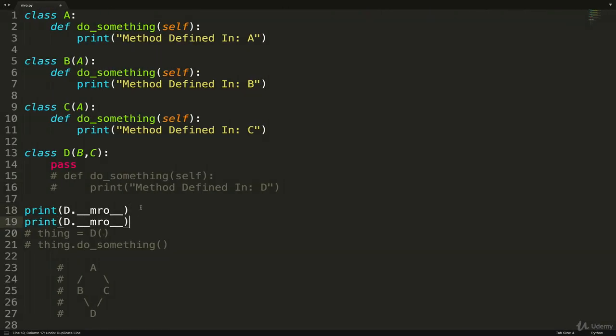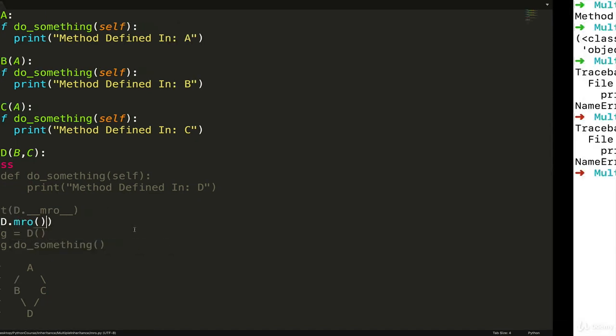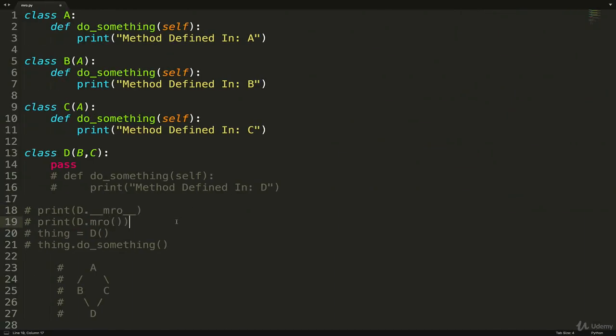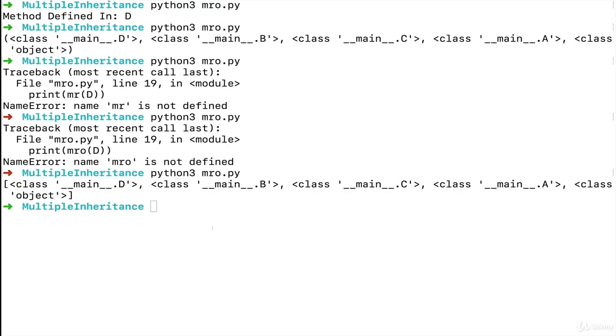Our next option is to do D dot mro method there. And this one just gives us a list, same order, so all of them should give us the same order, otherwise there'd be a big problem. And then finally, the one that I prefer is help(D).